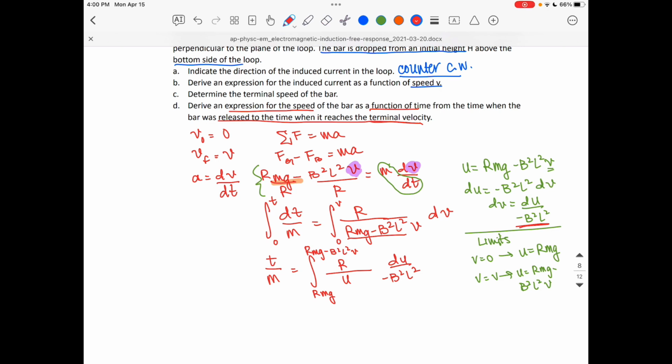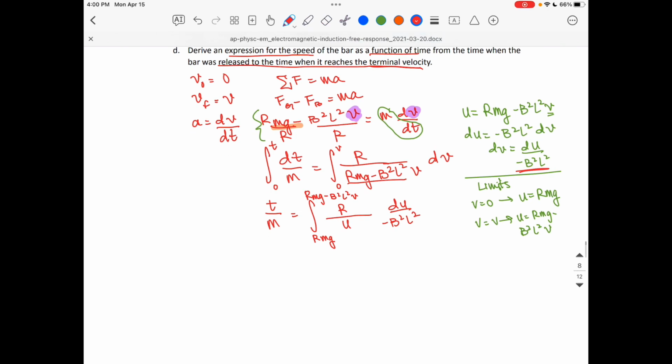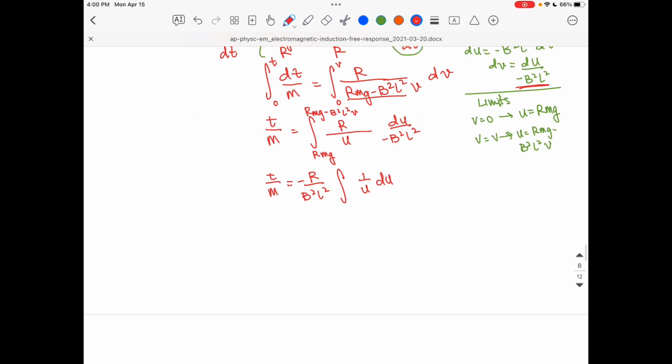And then from there, I can pull out all my constants. So I've got R over negative B squared L squared. Integrating, I'm not going to write the limits, I'll just add them in later, 1 over u du, and then that gives me t over m is equal to negative R over B squared L squared ln,